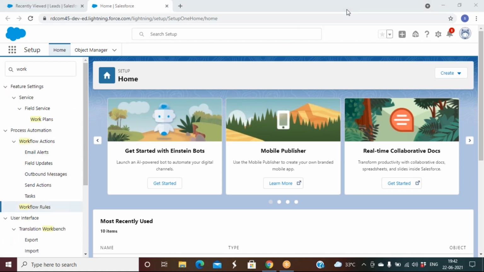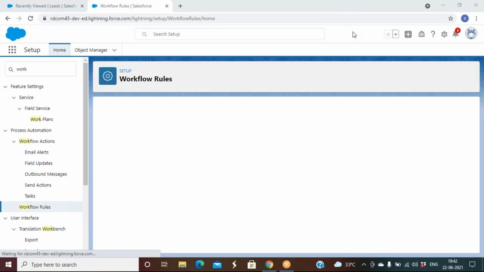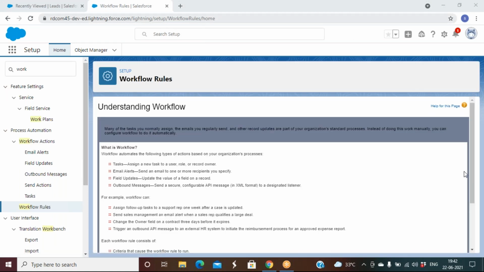Workflow rules will be written on object level.